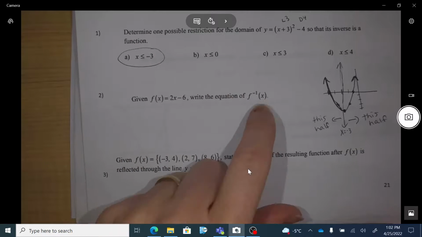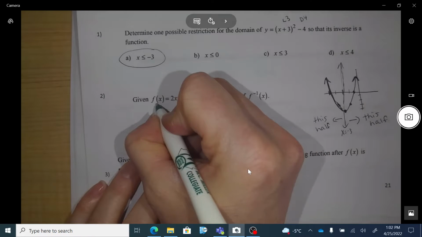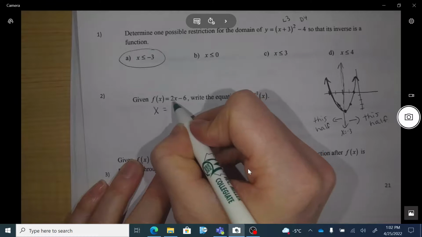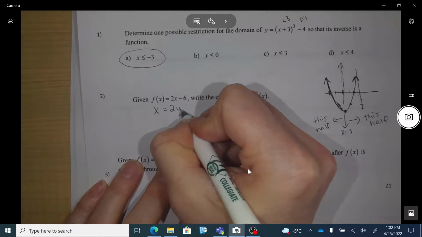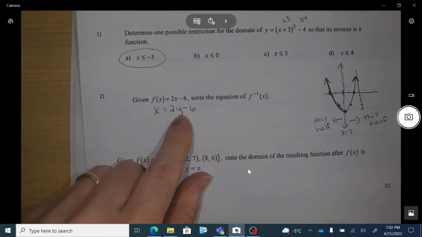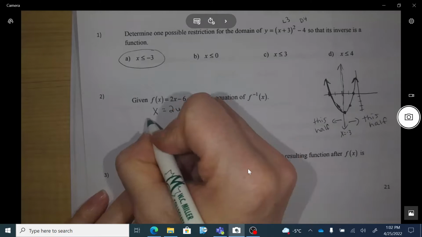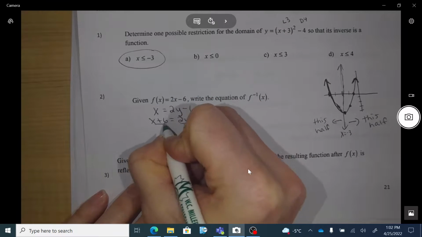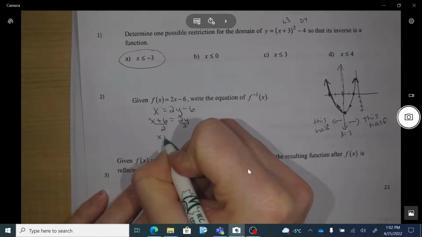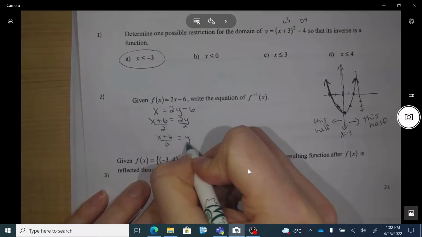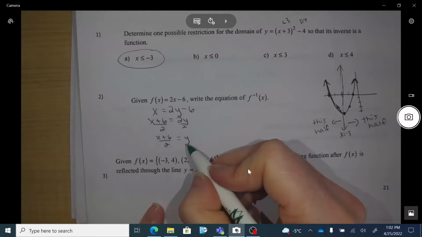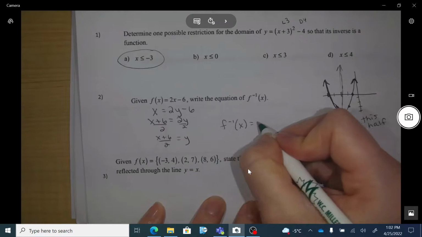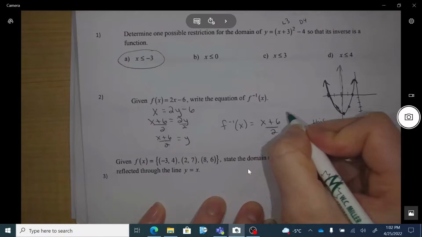Given this equation, write the inverse. So this is the first y, so I'm going to now replace it with an x. And this is the original x, so I'm going to replace it with a y. Now I'm trying to solve for that y. So x plus 6. Now I'm going to divide by 2. Okay, that's my new equation, except for instead of y, I'm going to write it as the inverse function equals